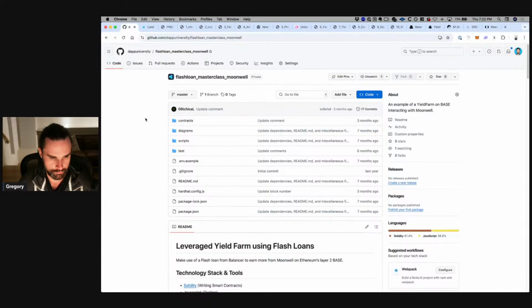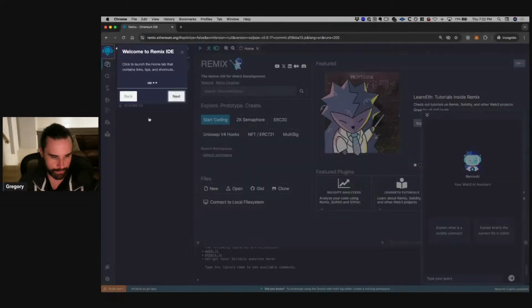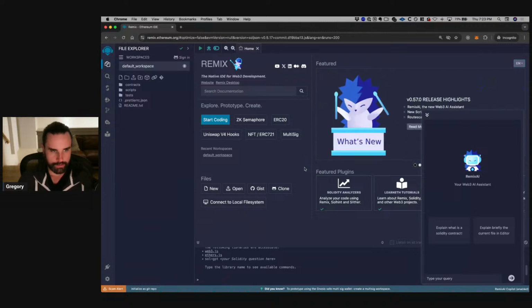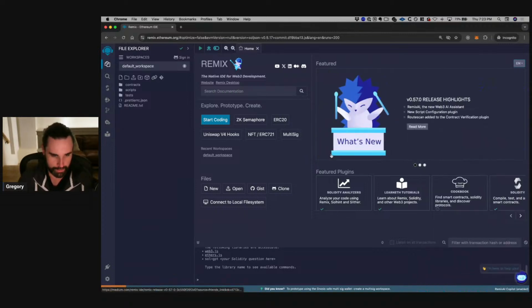So in a web browser, that's where we're going to do our first flash loan. You're going to want to navigate to a specific website. It's remix.ethereum.org. This website is a browser-based IDE. Basically, it's a browser-based environment where you can write smart contracts, you can test them out, you can put them on the blockchain without having to install a bunch of stuff on your computer. You can do everything in your browser. It's really nice for just testing things out.